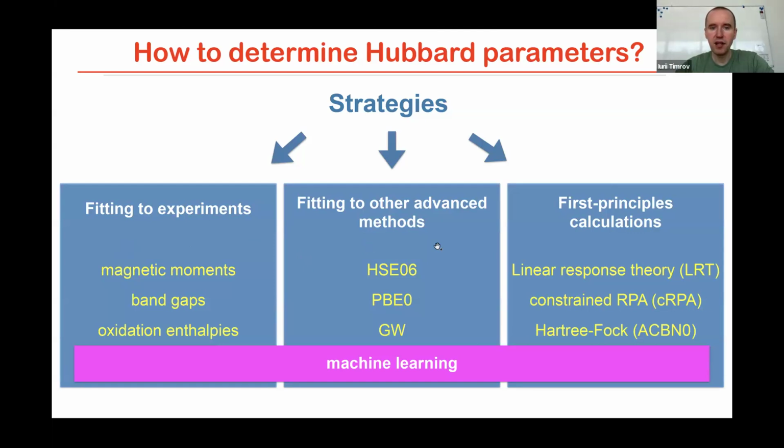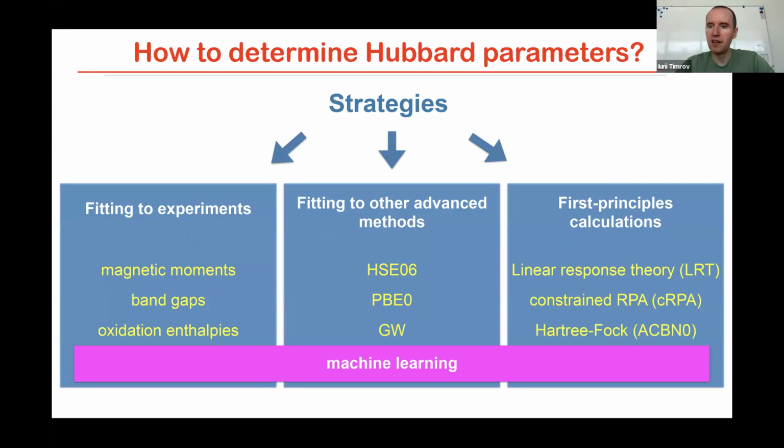Another strategy is to try to tune the Hubbard U, not to experimental properties, but rather to properties computed using other advanced methods, such as hybrid functionals, HSE06 or PBE0, or other advanced methods like GW. It's many-body perturbation theory. So you can try to match Hubbard U and V to something that you know from experiments or other calculations. But the most beautiful, I would say, is just computing ab initio or from first principles